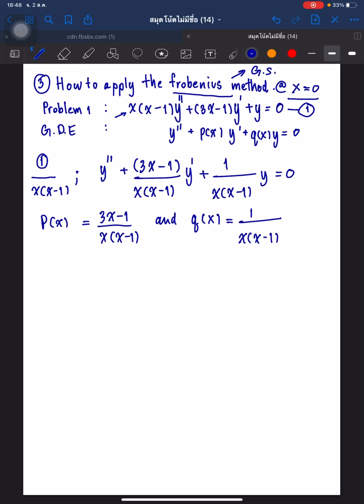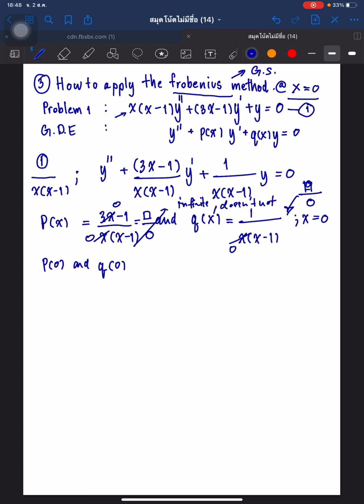Okay, the problem at x equals 0, with substitution into p and q: we have a number divided by 0, and a number divided by 0 is infinite, or does not exist. This makes p and q not analytic functions. It makes x equals 0 a singular point,